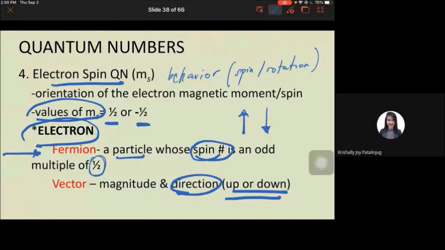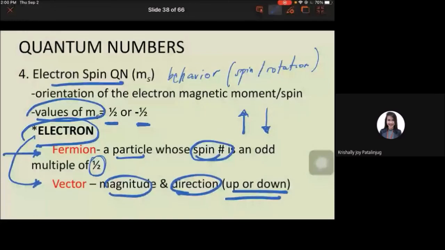And aside from that, the electron is also considered a vector. In physics, a vector has a magnitude, a value, and also a direction. The direction here is positive or negative. Positive upward, negative downward. Okay, so as you can see here,